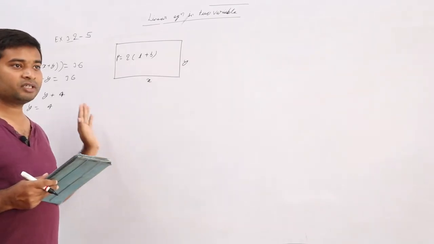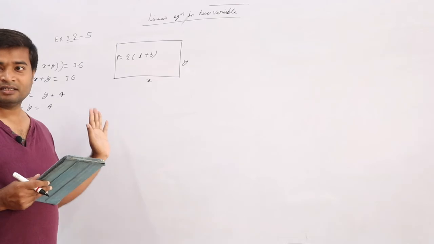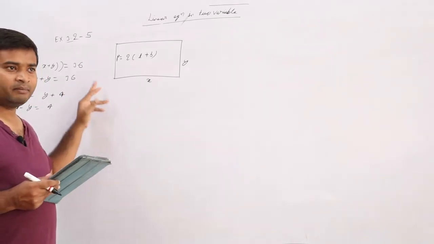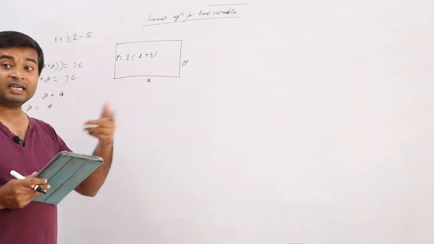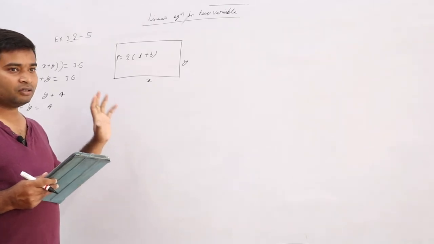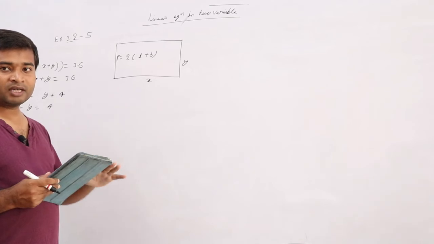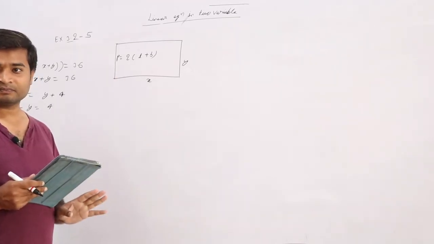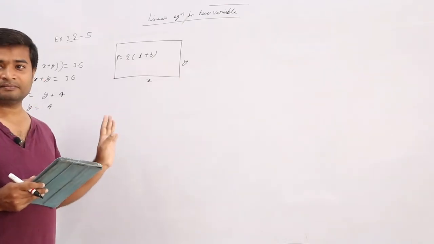See, until the question says to solve graphically, don't solve it that way. Why? Solving by the algebraic method will take less time, but solving graphically, making the box, putting the values, then drawing the line and putting all the lines will take time. Correct? If this question is of 4 marks, you can get the 4 marks in 2 minutes. But if you do the graph, it will take 4 minutes. Correct? So until the question says to do it graphically, don't do it.